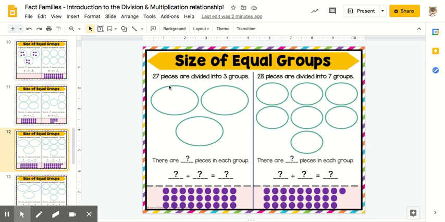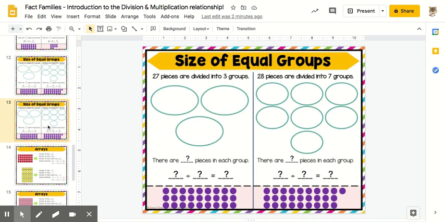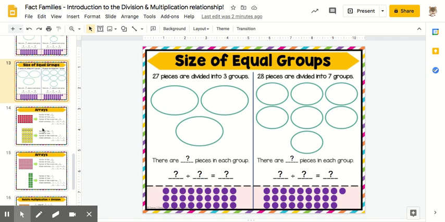And then we can either count by threes up to 27, distribute these dots equally into all 3 groups until we can get up to 27 dots and find out how many are in each group. So you're going to have a couple of slides where they are question marks only, and then you move on